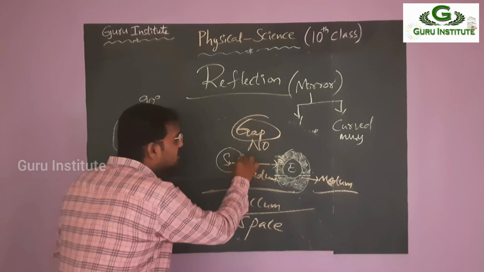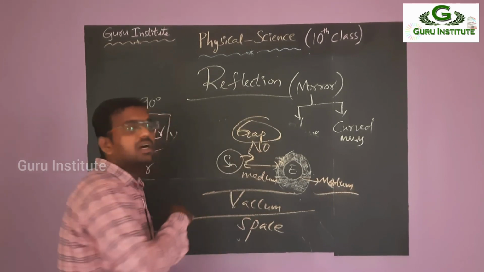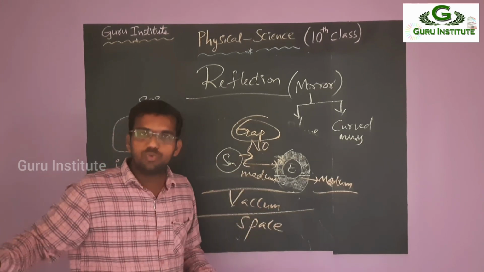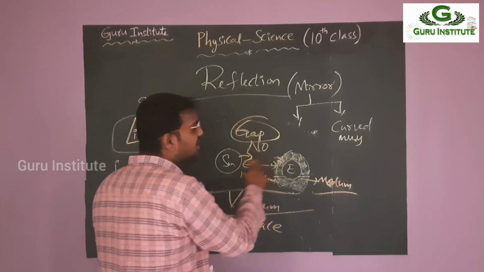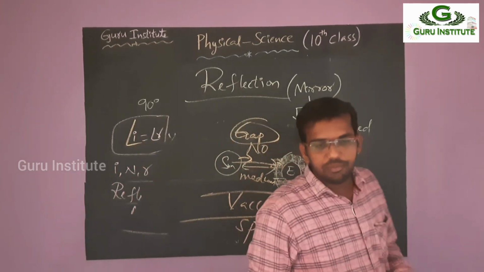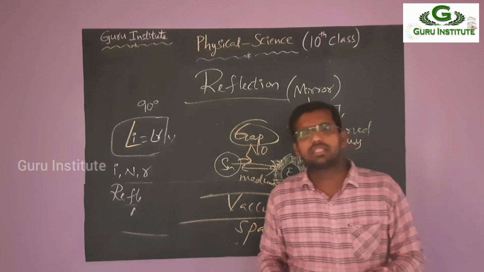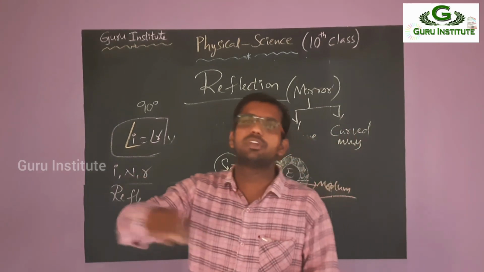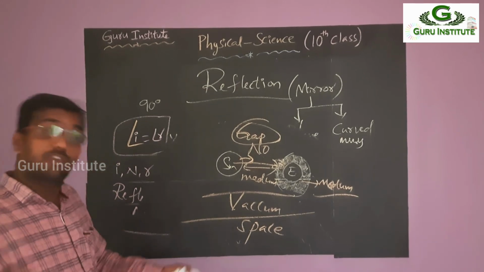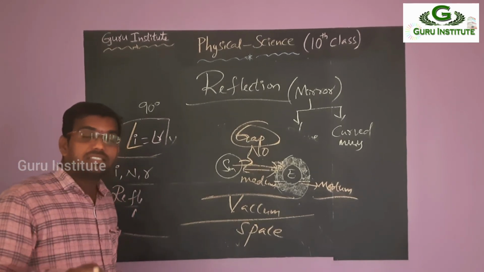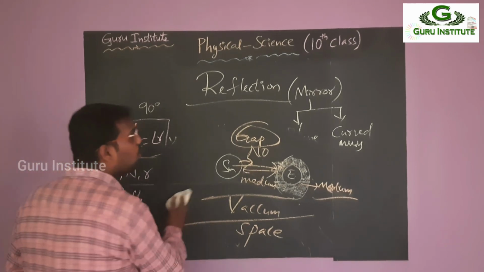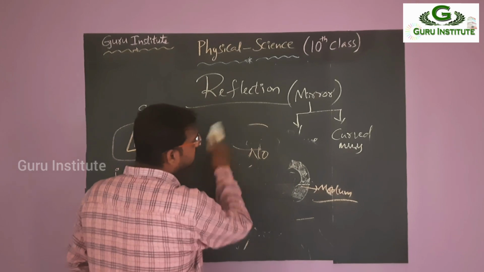Here nothing. The sound is coming from the sun, but here no medium is there. The sound wave is not moving, so it is not moving up to our earth. But suppose in our area, on the earth, what happens if you talk with another person? In between, air is present, so the sound is easily moving. So this is the difference between sound and light. Sound requires medium, but light doesn't require the medium. This is about the medium. If medium is not there, that is called vacuum. I think you have understood?